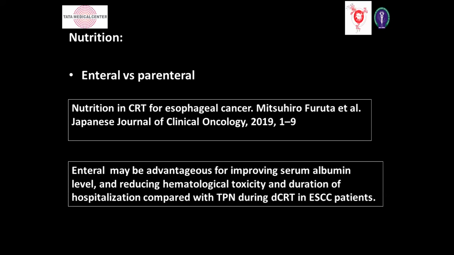Now, how to give nutrition? Enteral nutrition can be given by nasogastric tubing, by feeding jejunostomy, or after stenting. So, which is preferable while treating a patient of esophageal cancer? If you ask me personally, if I am planning to operate on a patient in future after giving neoadjuvant chemotherapy, radiotherapy, or whatever, some sort of neoadjuvant treatment, I would prefer putting a nasogastric tube and optimizing the patient. Because post-stenting,